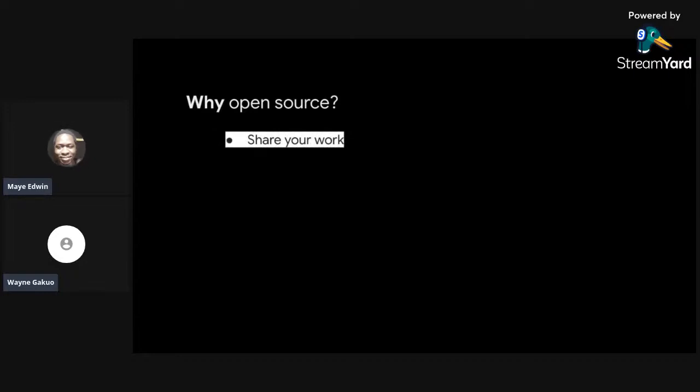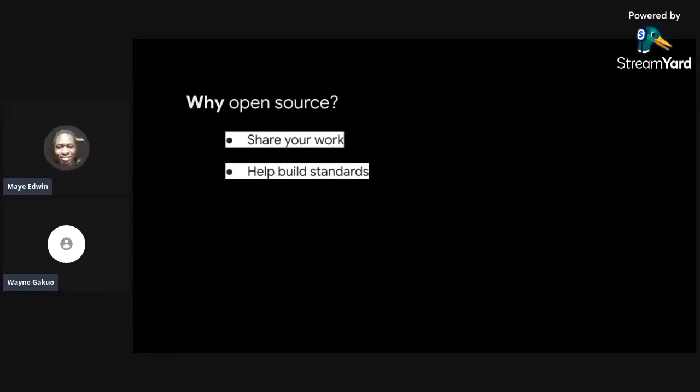And why open source? Just like I was talking about, you can now share your work with the larger community. People can look at what you do, how you do it, and so on. It also helps you build standards, because if, for example, you create an open source project in Angular, you will talk about how you built it with Angular, and you use Angular standards.